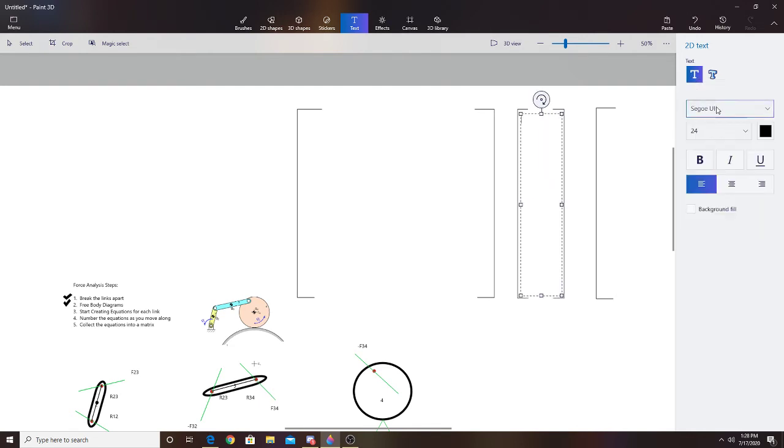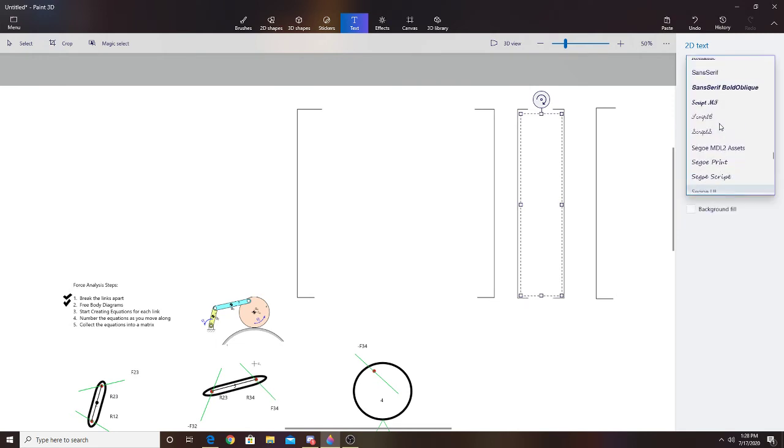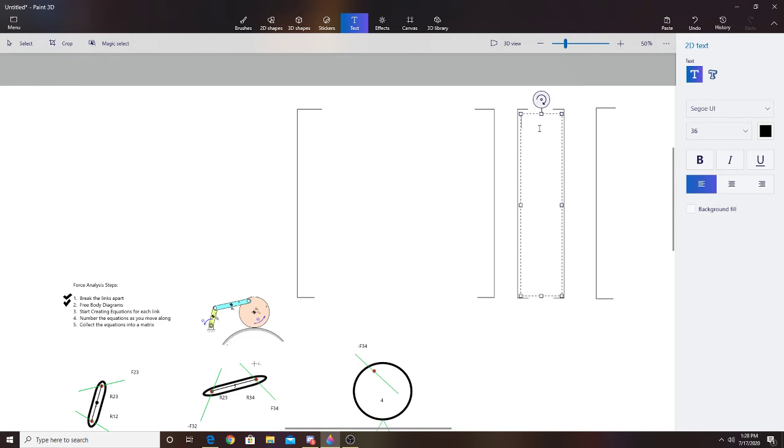Let me turn the... I got Comic Sans in here. Anyway, so